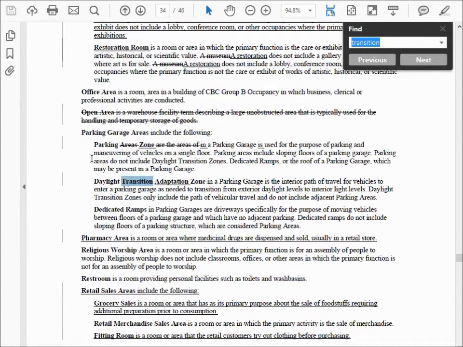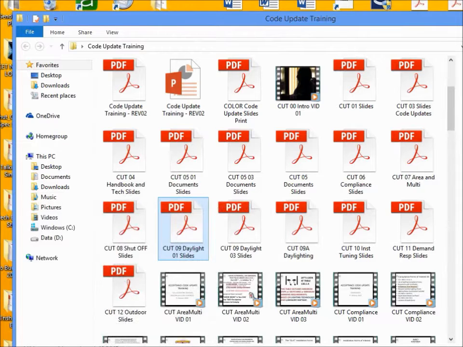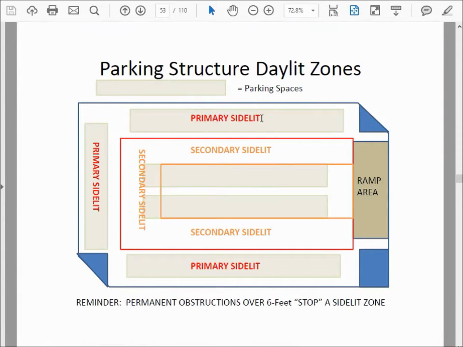Used for parking, maneuvering of vehicles. Okay, so parking and maneuvering of vehicles. That would mean that we are looking at the parking areas themselves, the parking slots, if you will, and wherever you drive around. So these are treated for daylighting.